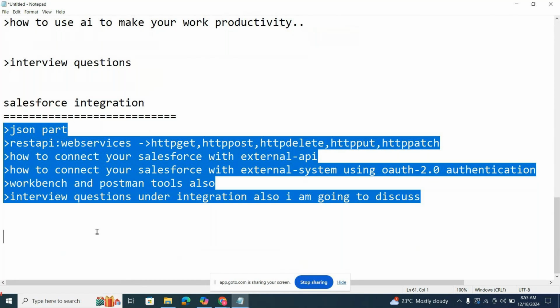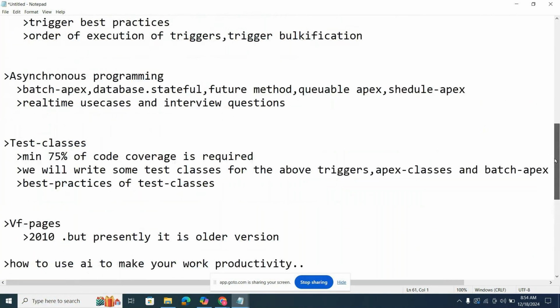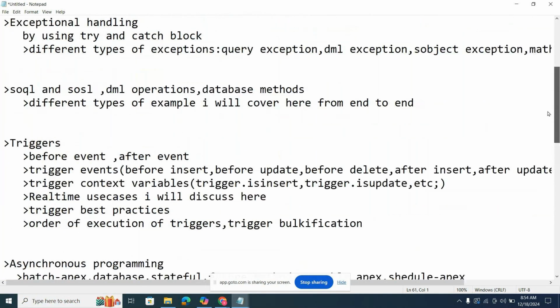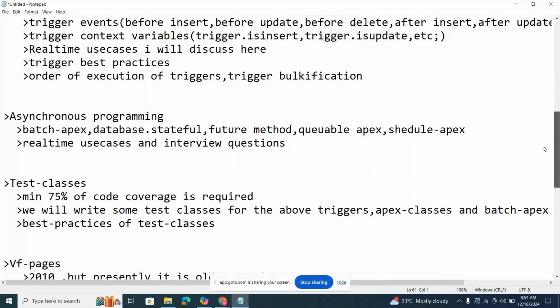And in SOSL, are we using SQL statements? Yes, it's similar to SQL, but somewhat different.